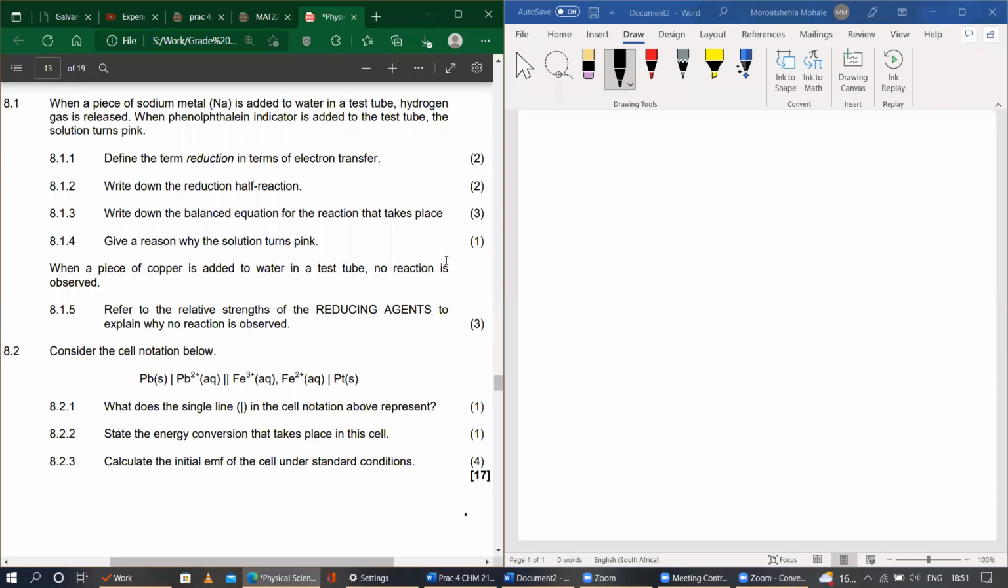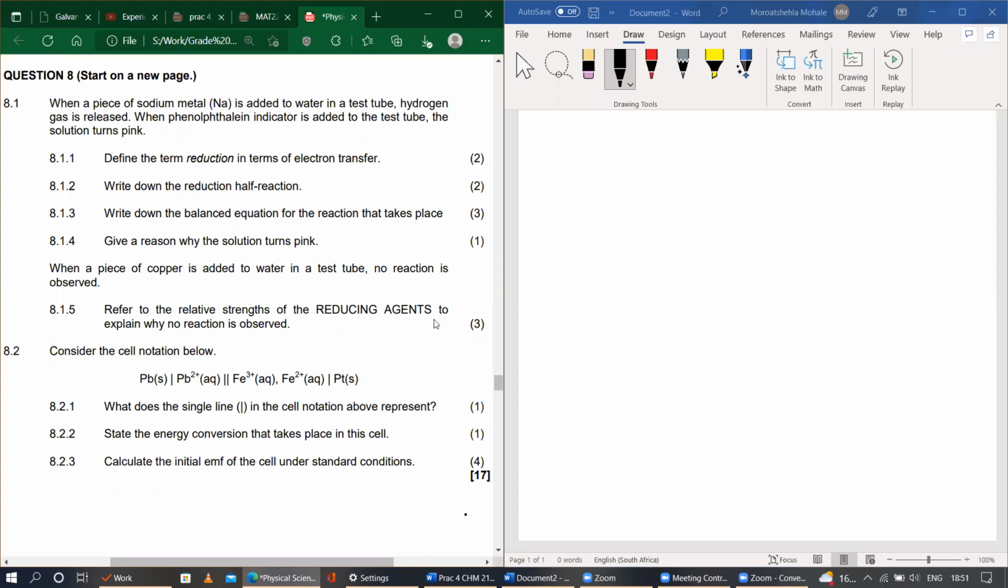It makes sense, sir. Okay. So I think this is going to be our last question. They say we have a cell notation. Let me just show you something real quick. When they give you a cell notation like Pb solid, Pb 2+ aqueous,